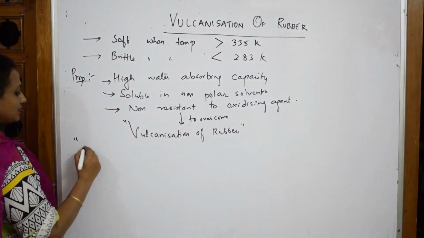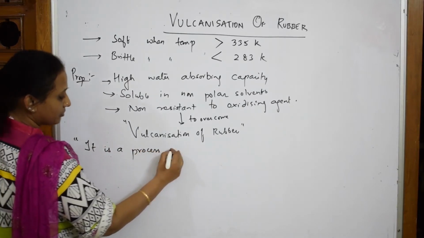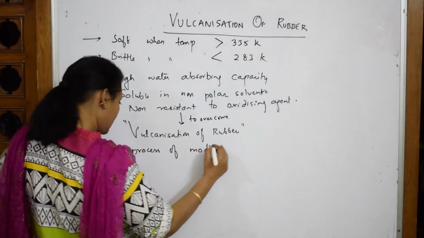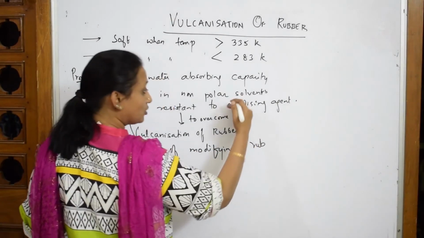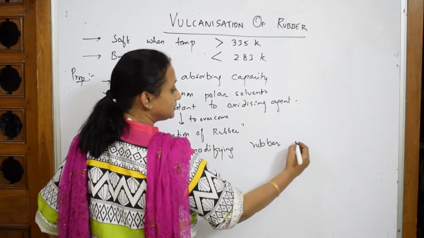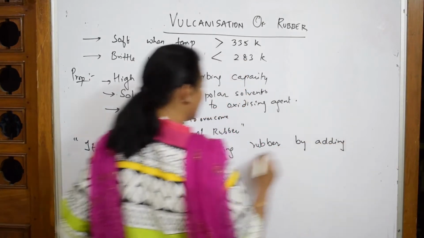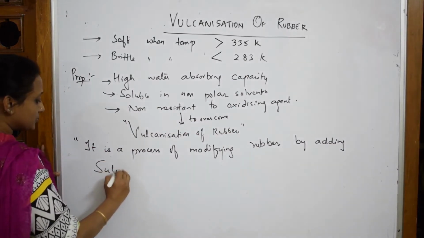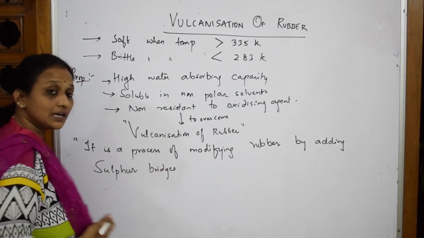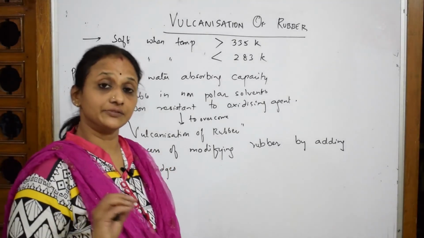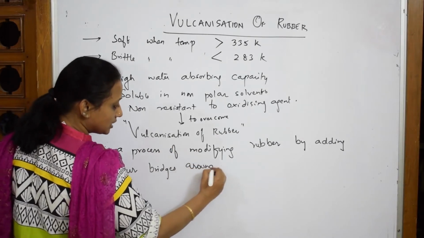Let's write that. It is a process of modifying rubber, right? I have to improve all these qualities, isn't it? Rubber by adding sulfur bridges. Now along with that, I'm also going to add certain additives or accelerators. Sulfur bridges, where are you adding sulfur bridges? Around double bond